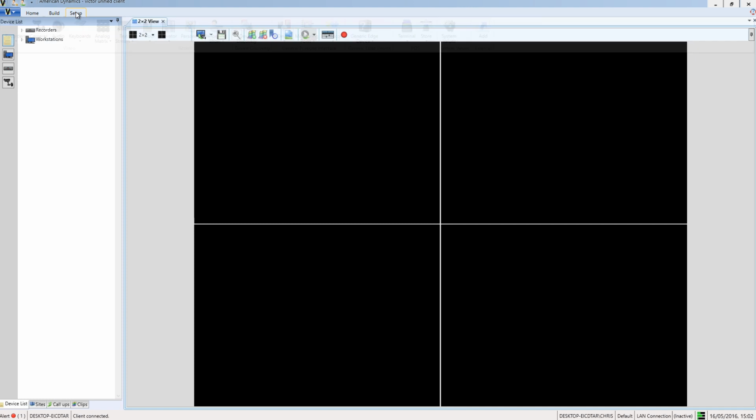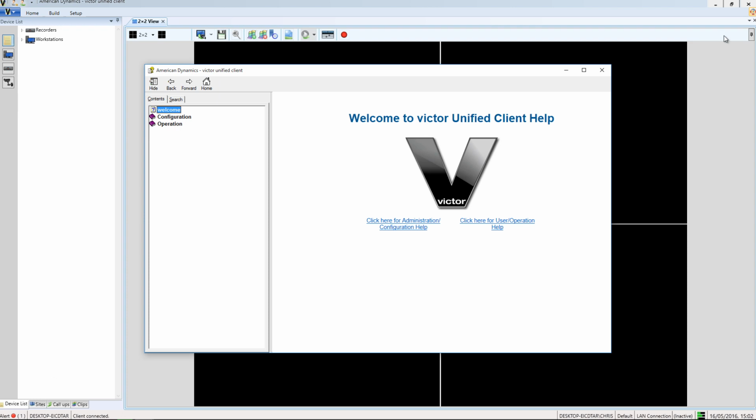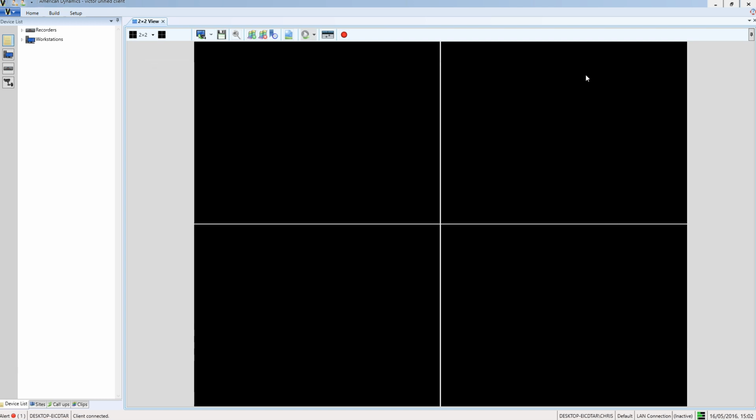If I exit out of the ribbon and go all the way over to the right hand side, we have this Help button. If I select that, that's going to open up the Victor Unified Client Help. There's two sections to this: an Administrator Help and an Operator Help. If I close out of this, we'll move back across to the left hand side of the interface